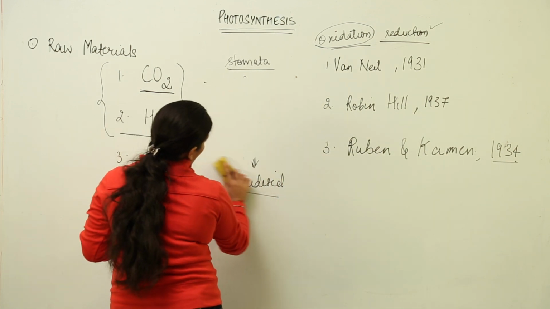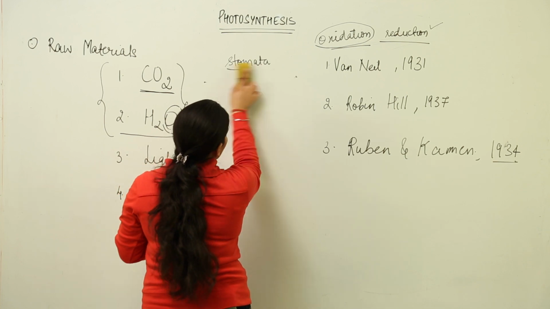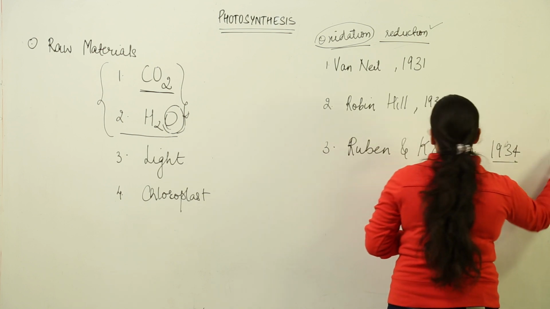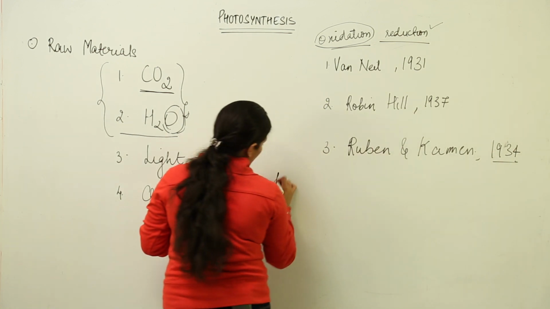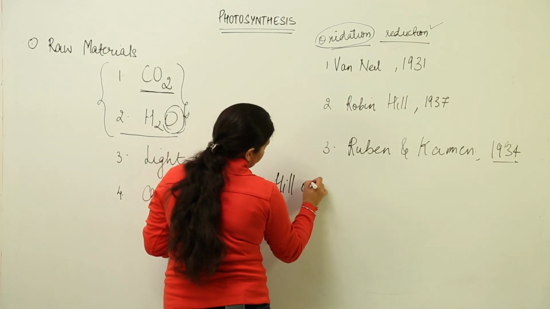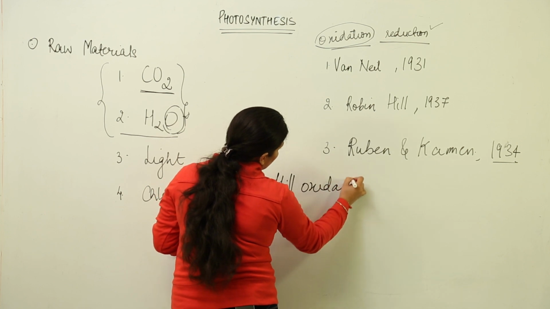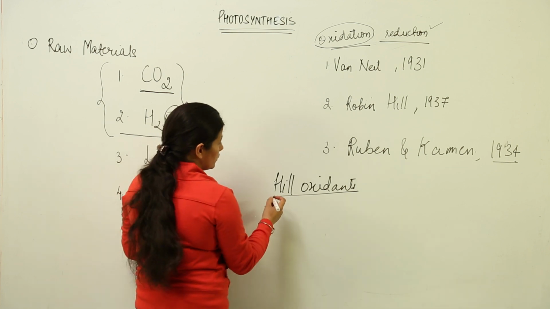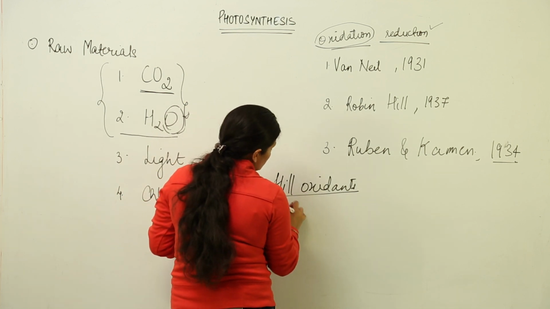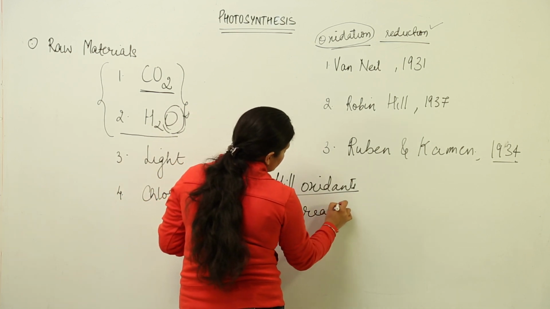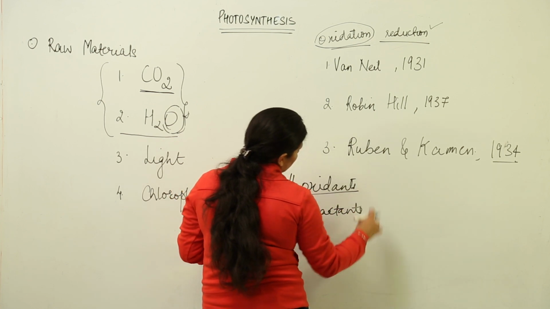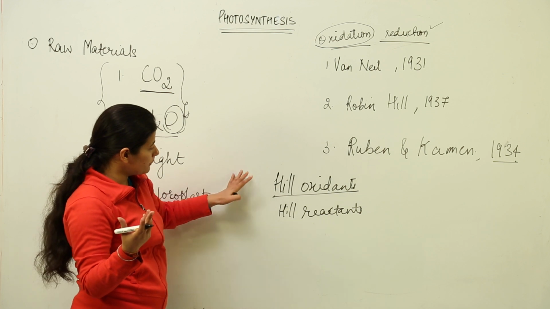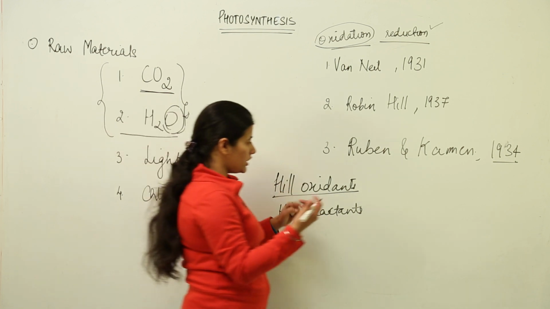in the presence of certain Hill reactants, you have to remember the term Hill reactants or Hill oxidants. The Hill reactants were what? They were certain compounds which could be reduced. Now when the compound can be reduced, he used